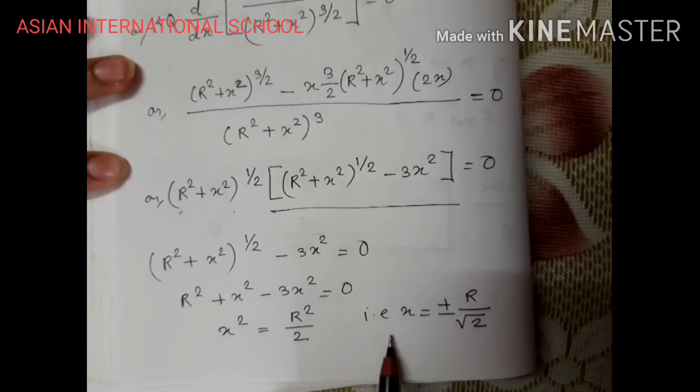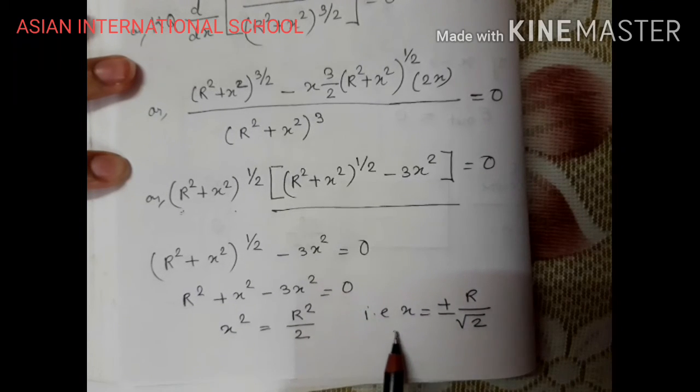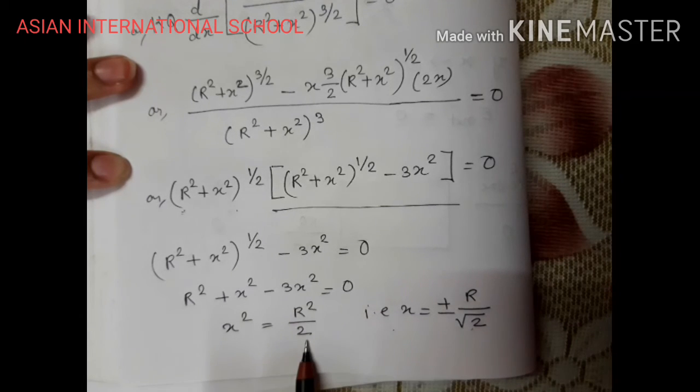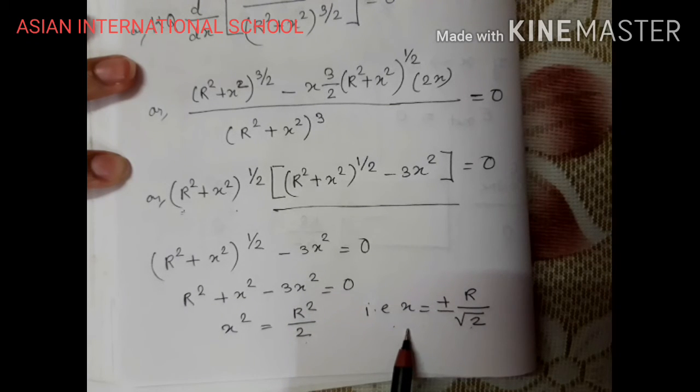So from the center at a distance of plus r by root 2, or from the center on the other side at a distance of minus r by root 2, I am going to get the position where I will get